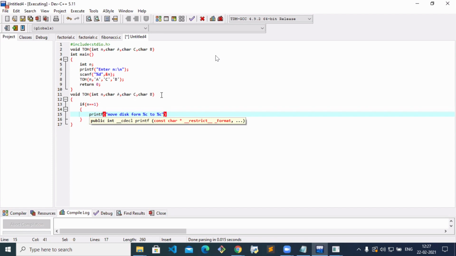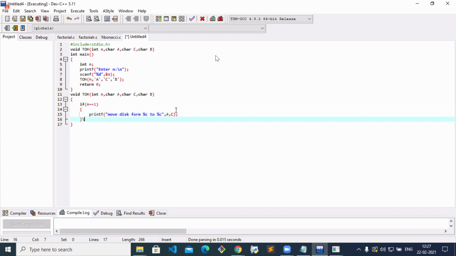Source is capital A and destination is capital C. Is anybody having any doubt regarding this? See, if you have only one disk, no need to do anything. You can directly move from A to C. Clear? Say yes or no. Sharath? Yes, ma'am. Okay.